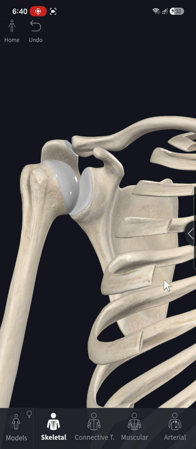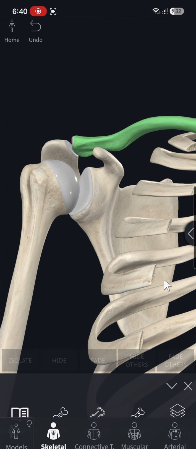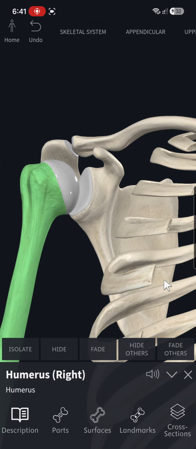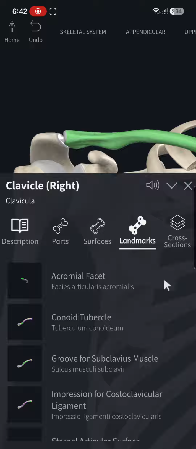So first, this joint is made out of 3 bones. It's made out of the clavicle, made out of the scapula, and the head of humerus. Let's take each bone and identify a couple important landmarks on each bone. So the clavicle has 2 important landmarks